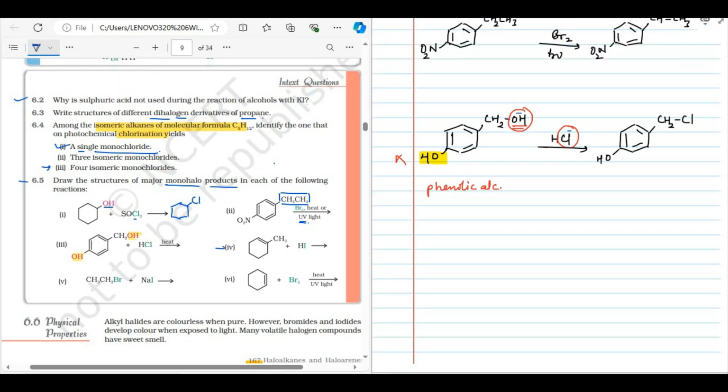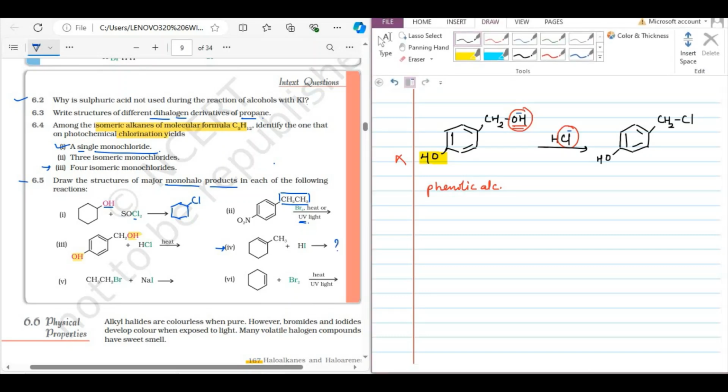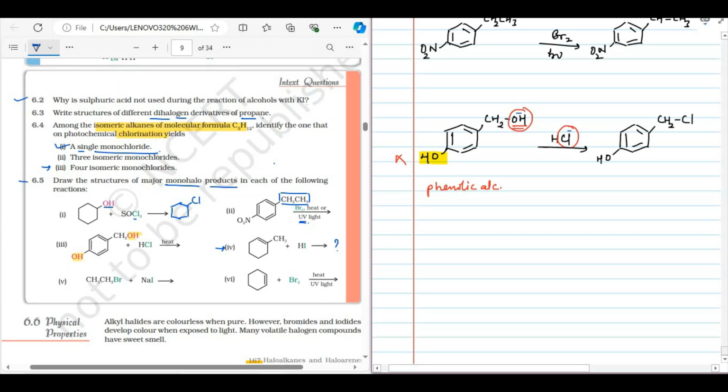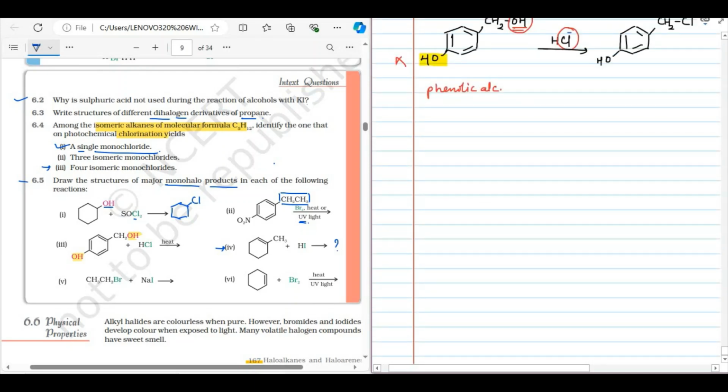Now come to the fourth reaction. Here there is an alkene, and when it reacts with HI, you have to find out the product of this reaction. So whenever there is a reaction of alkene, you have to follow the Markovnikov rule. So first of all, draw the structure of the alkene. So this is cyclohexane and there is a double bond, so it becomes cyclohexene, and a CH3 group is bonded to this position. When it reacts with HI,